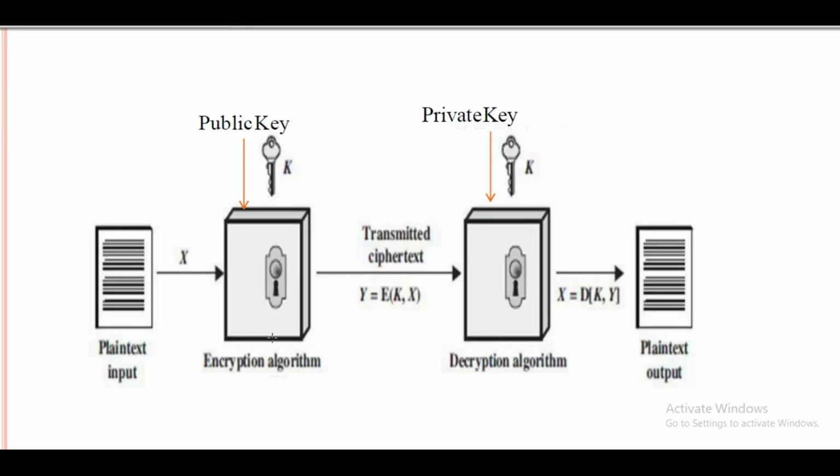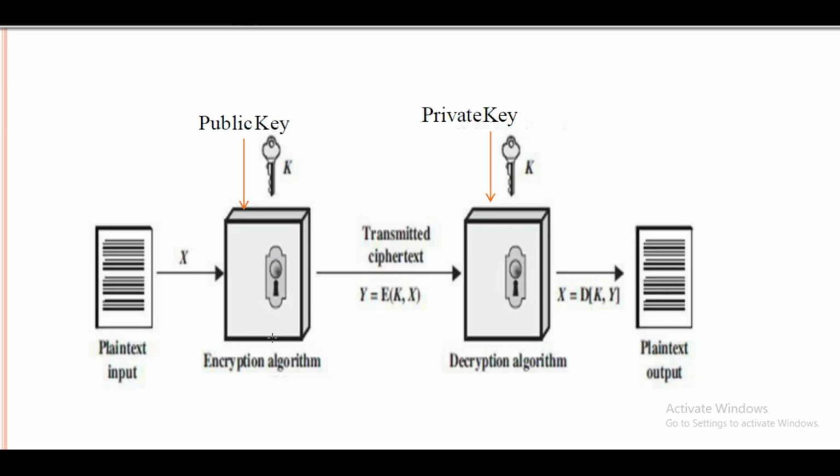Once we make it into readable form, that message is not available for everyone; it is available only to the receiver who has their private key. Once you apply your private key at the receiver side, then you capture that particular message. Clear? The public key is known by everyone, whereas the private key is known only by the particular receiver.